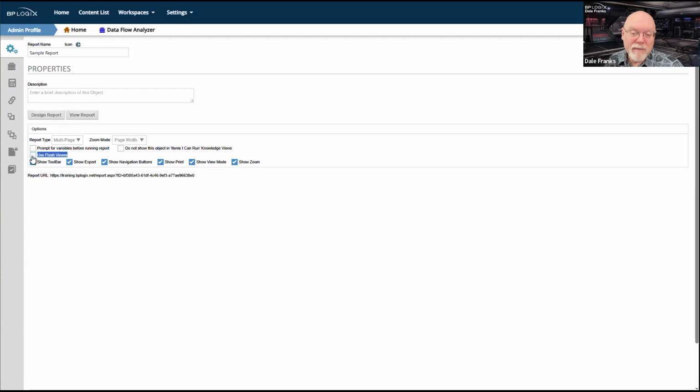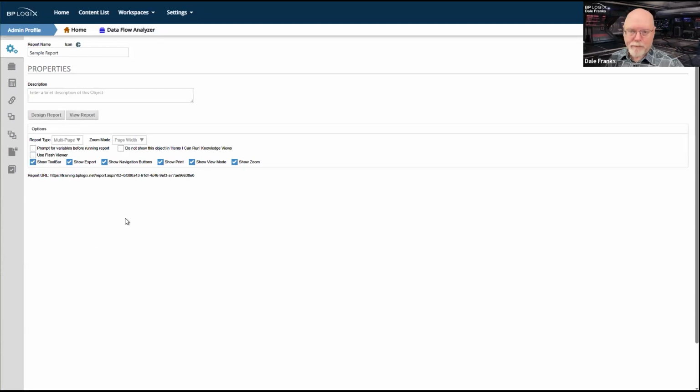And in the good old days, when Flash existed, you could click on that and it would actually present your report, or we also did this for knowledge views. It would present them in the SWF format, the Shockwave Flash format. That no longer works because Flash no longer exists and all major browsers have dropped support for Flash.